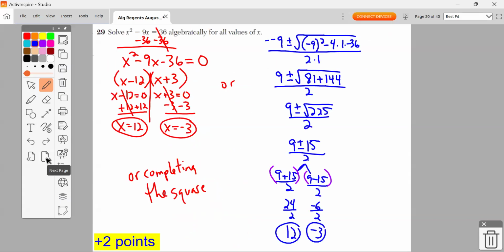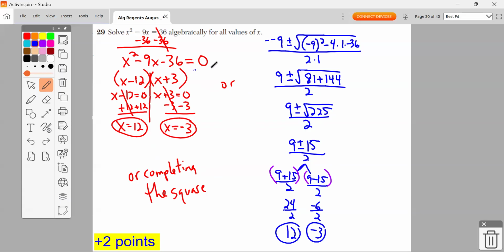In question number 29, we want to solve for all values of x. So there's 3 different ways that you could do this. You could solve by factoring, doing reverse FOIL, drawing your line down the middle, setting both sides equal to 0 and solving. You could use the quadratic formula, or you could do completing the square. I didn't show completing the square because I highly doubt most people will do it that way, but you could if you wanted to. So anyway,